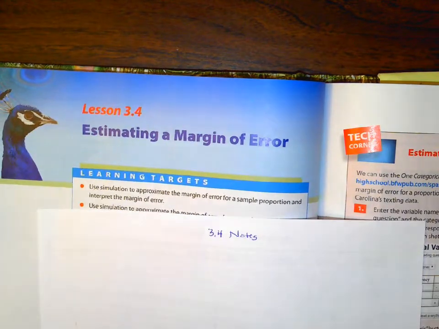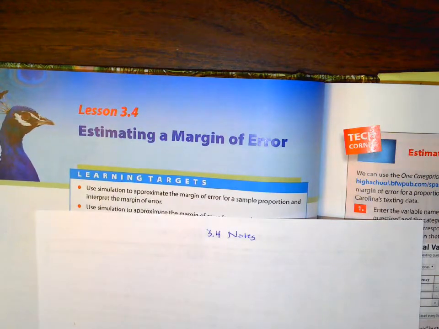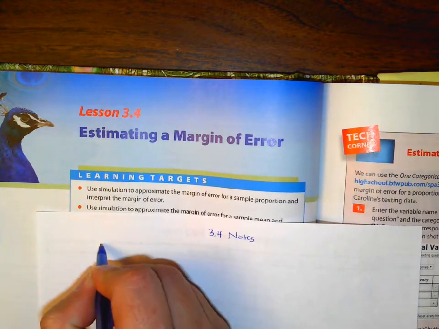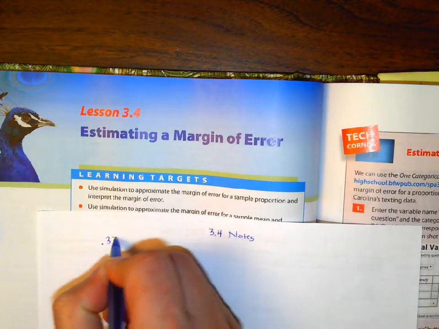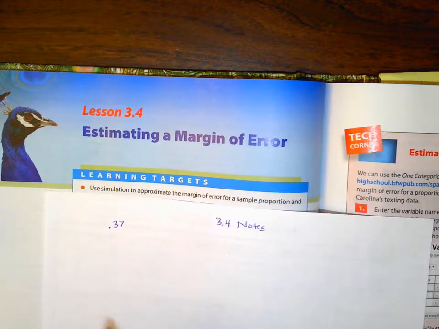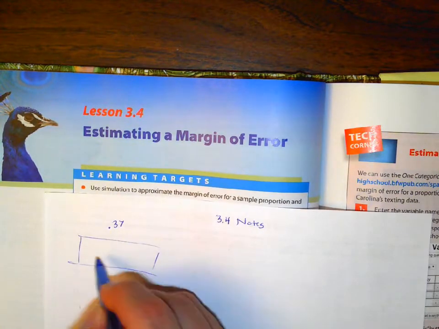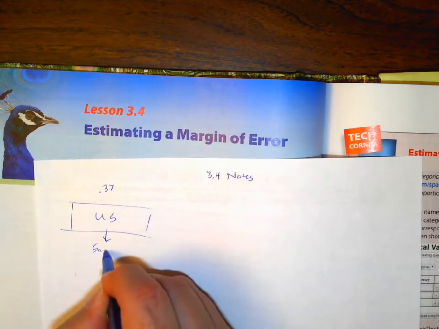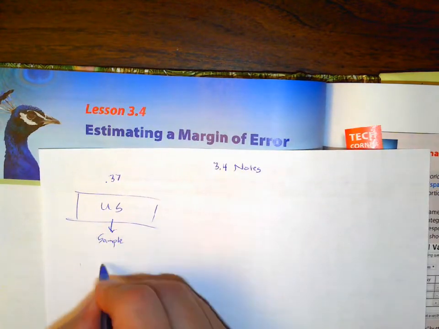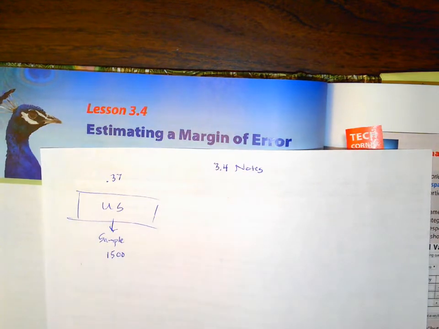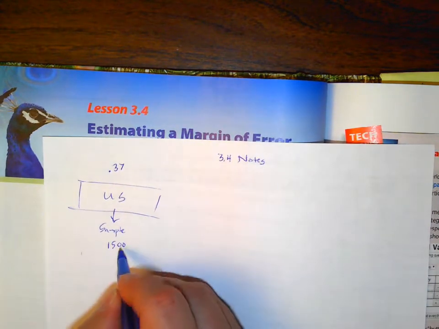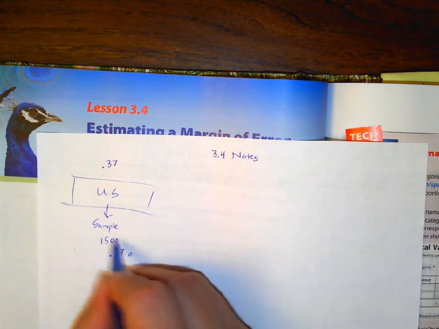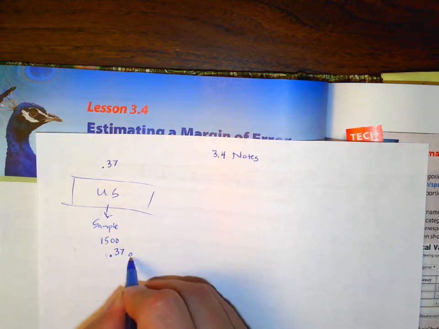So I just looked up a poll. It was done by NBC, I believe, or at least it was reported by NBC. I'm not sure who did it. Trump's approval rating was 37%. Okay, so what happened was they took all of the United States and they took a sample, and I'm not sure what the sample was. Usually it's around 1,500 people, maybe even more. Okay, and from that sample, they had 37% approve